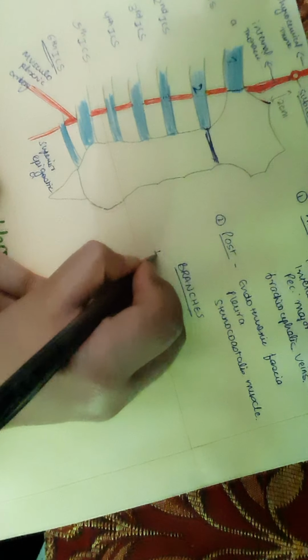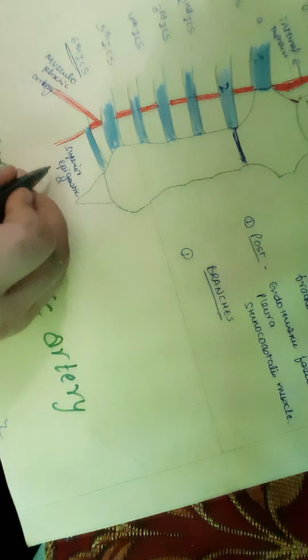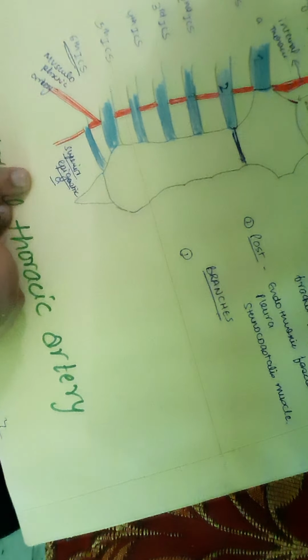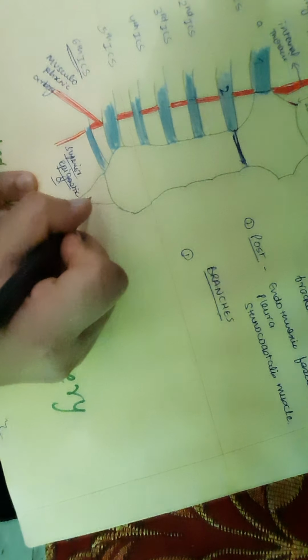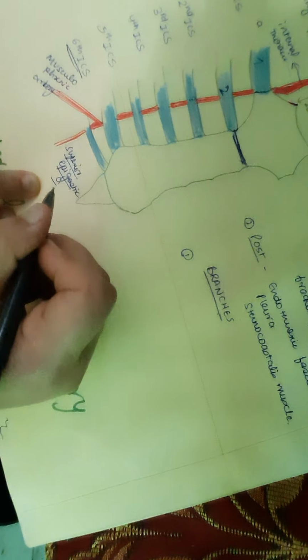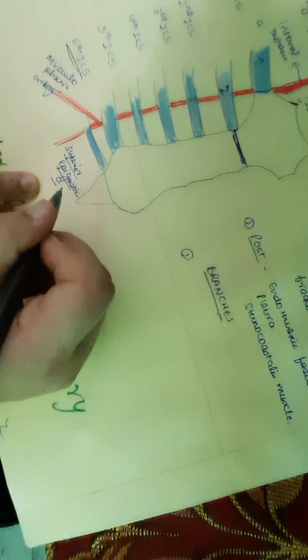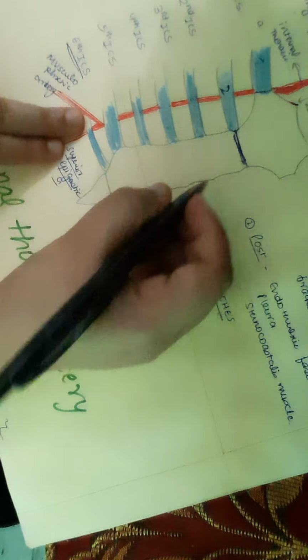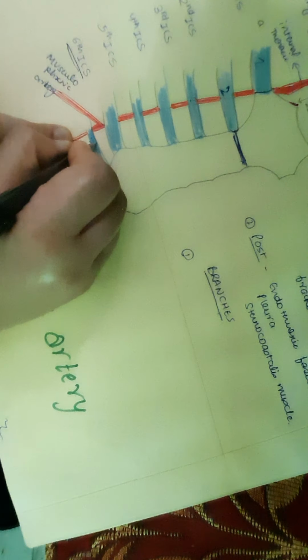of the internal thoracic artery. Now, the branches can be very easily understood. First branch, you can see, is the superior epigastric artery. This is the first branch of this internal thoracic artery. Now, the superior epigastric artery is the one which is going to pierce the diaphragm at the seventh intercostal space. So the seventh rib only, this is the seventh rib, right? This is the seventh rib.